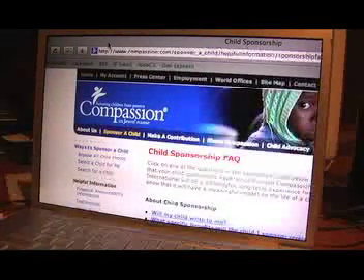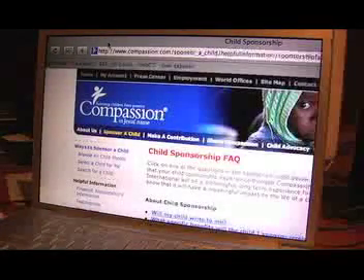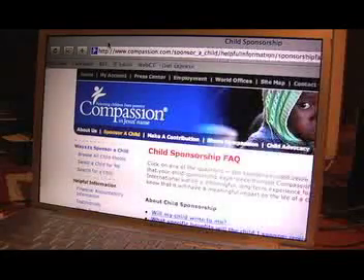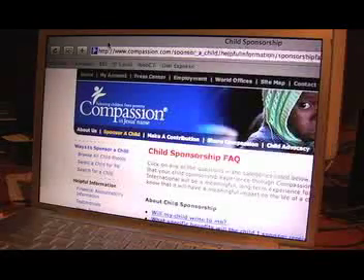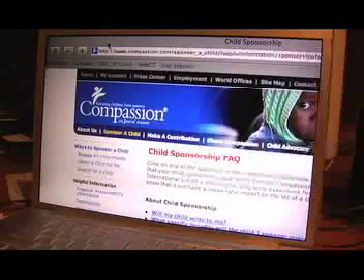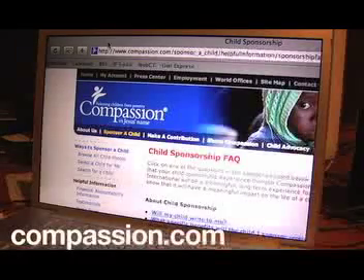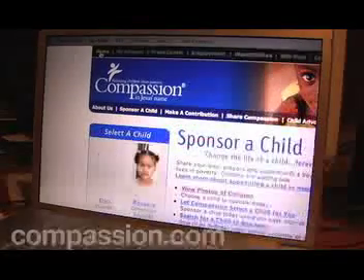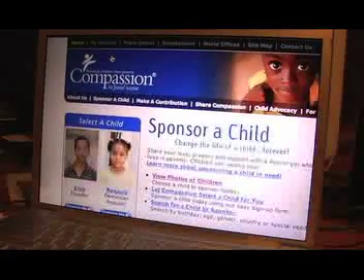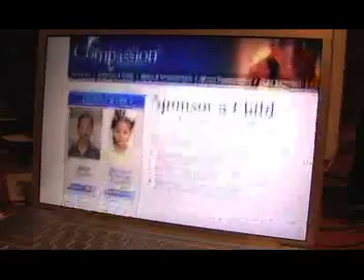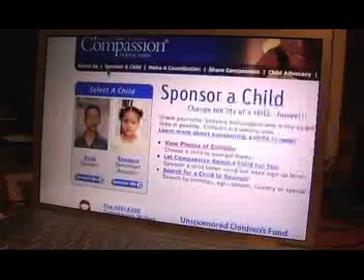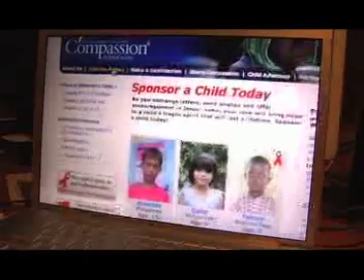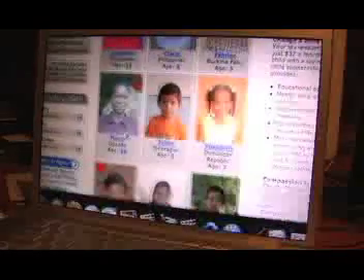The second way you can get involved in helping a third world community is sponsoring a child. Now, I've been blessed to be a part of an organization called Compassion that sponsors children all over the world, and their website is compassion.com. Nice and easy. So to get started, we're going to go home here. And you can see on their main page, they have a child that you can select over here in the corner. Or if you want to, you can go over here to sponsor a child and check out all the different children that need sponsoring.